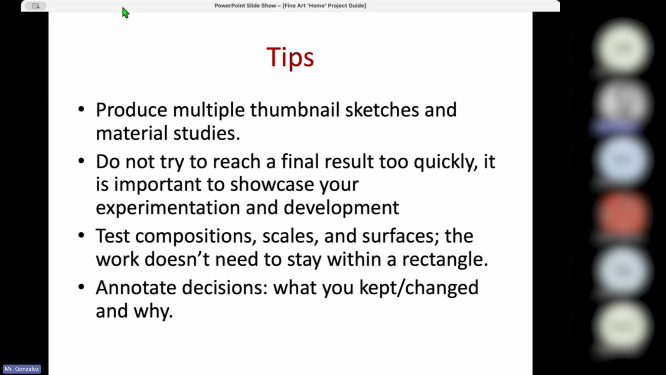Okay, so here are some tips. You need to produce multiple thumbnails, sketches, and material studies. Do not try to reach a final result too quickly. It is important to showcase your experimentation and development. Really, really important. We need to see the process, how your project is growing. In lots of cases you need to change your initial idea. Sometimes your initial idea is going to be completely different in comparison with the final result, but this